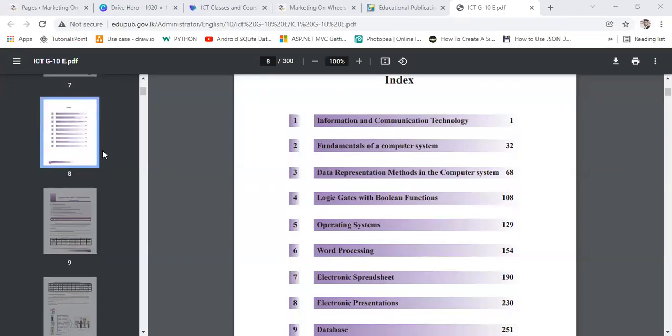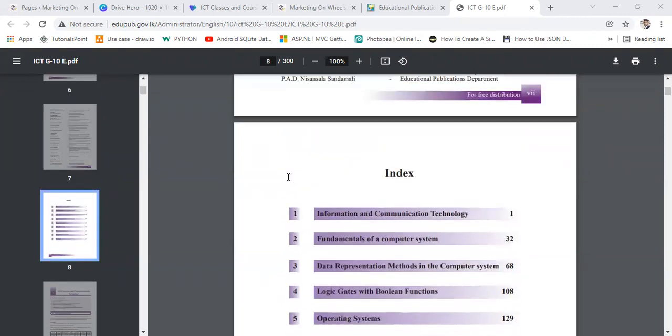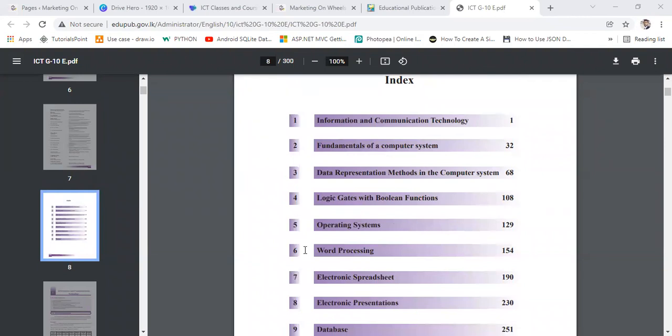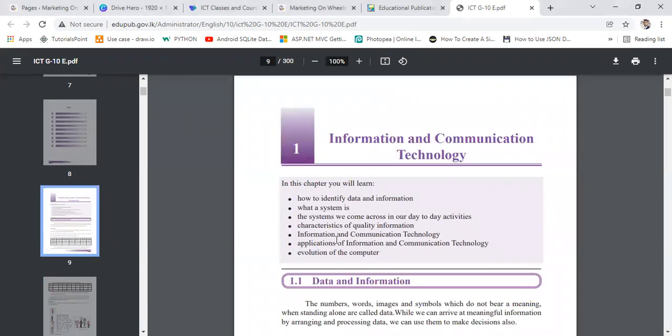So we will anyway start from grade 10. There are 9 units. I will quickly go through each and every unit in these revision classes. I'm not going to teach everything in depth, because